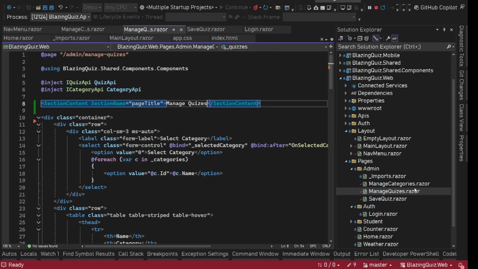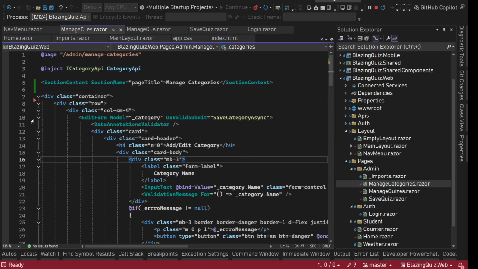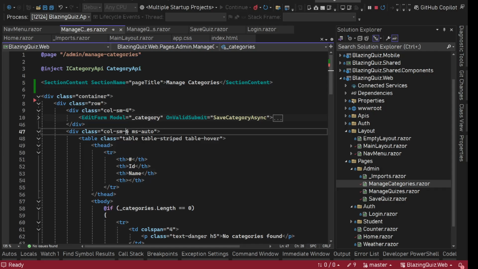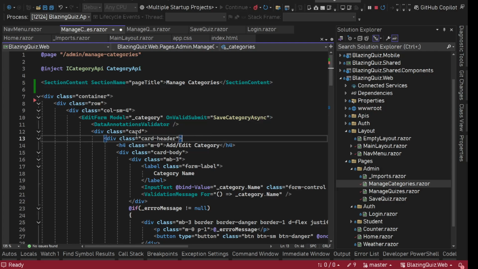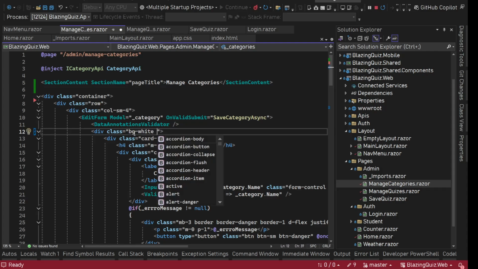Manage categories page. Right now we have col-sm-4 for the first one and col-sm-6 for the second one. So maybe col-sm-4 is fine, but for the second one we'll have col-sm-8. Then inside this edit form we have this card. We will not have a card. Instead we will directly have a div with background white, padding of 3,